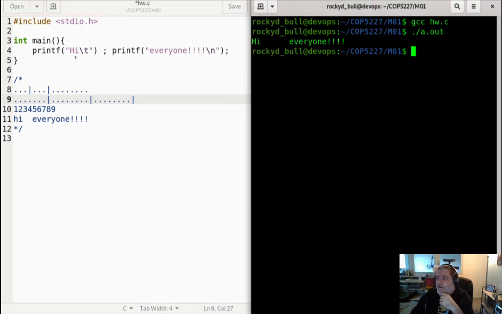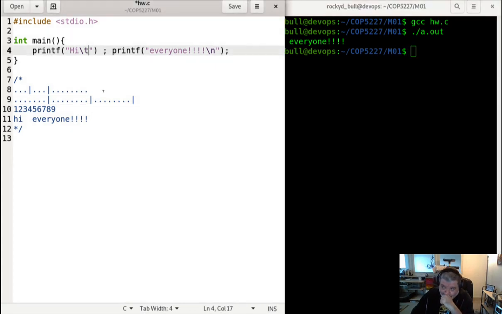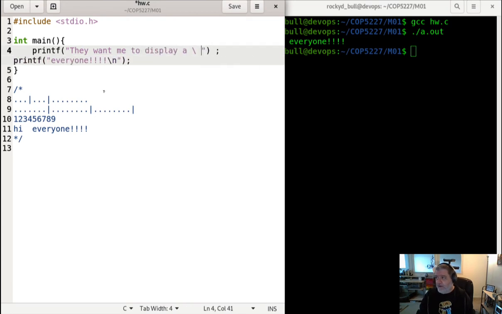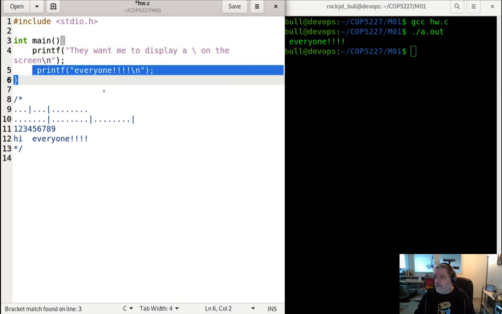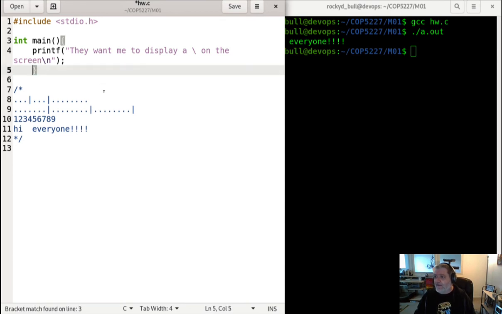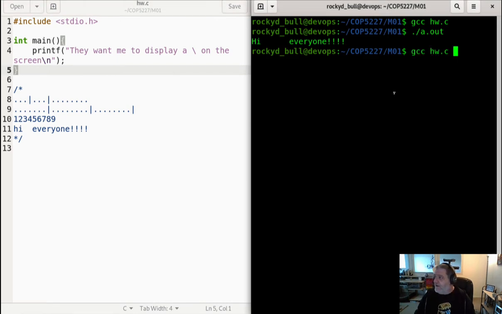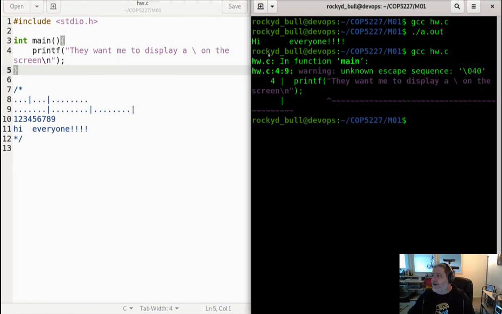Okay? So \n, \t. What if I want to display a \ on the screen? Okay? For example, they want me to display a \ on the screen. Okay, and I'm going to put a \n to go to the next line, and I don't need another printf. I'm just going to do everything in that one printf. So let's say that this is a message I want to display on the screen. Save that, come over here, compile, unknown escape sequence